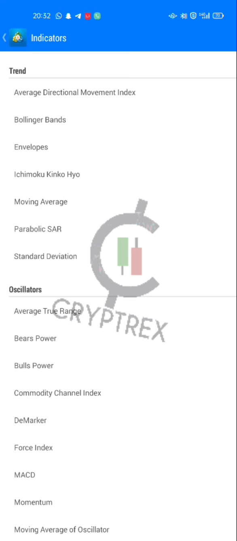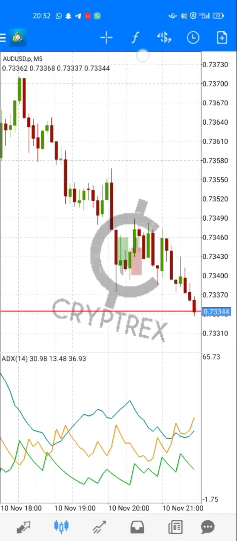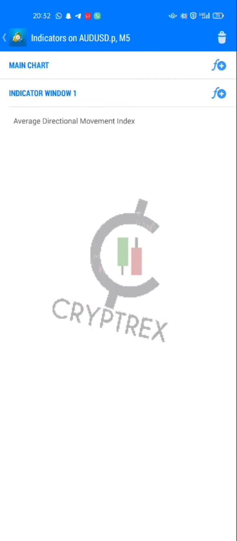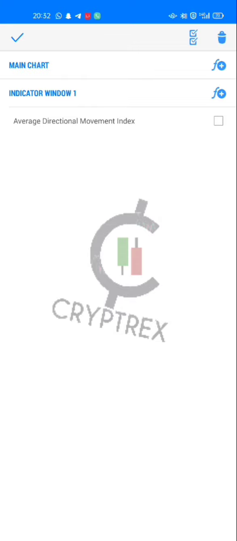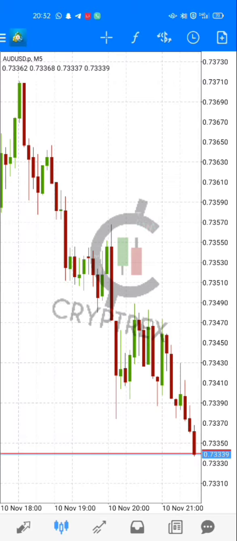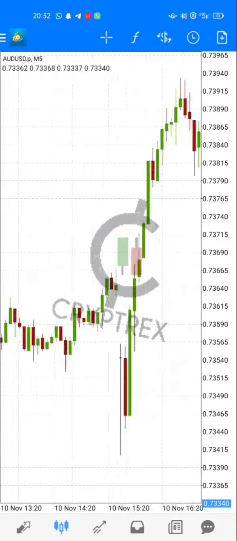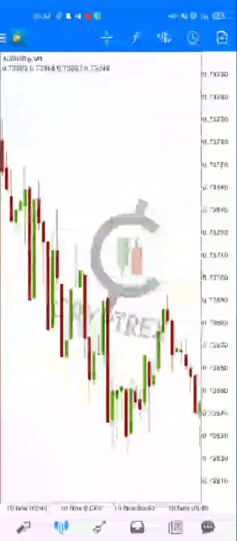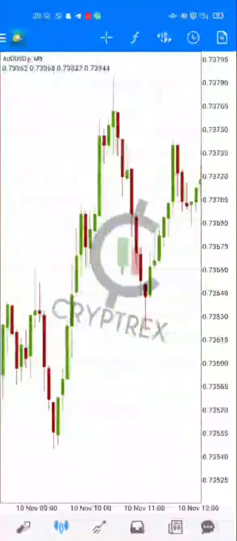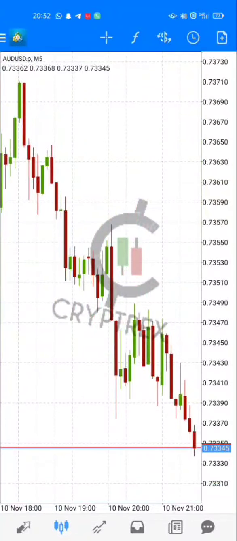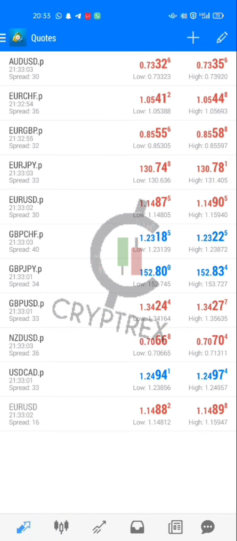Under the charts, you could pull up some of your indicators. Right here, you see this, you click on that F and you pick whatever you want to pick, but I don't need any indicator right now because I don't use any of this to trade. I don't use this MetaTrader to analyze the market, to do my technical analysis. I use TradingView. You can go to tradingview.com and use TradingView. They have basically every tool you want to talk about there. So here basically, let's pick a currency pair from here, EUR USD, right?